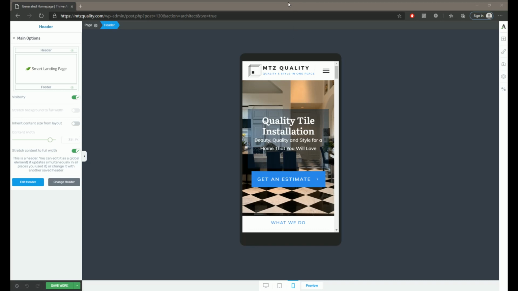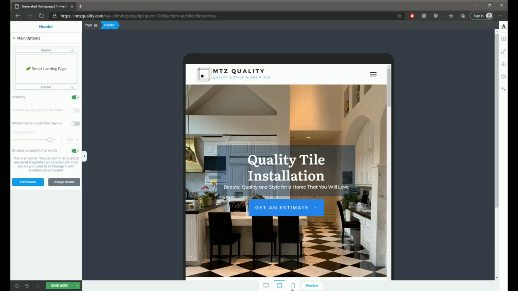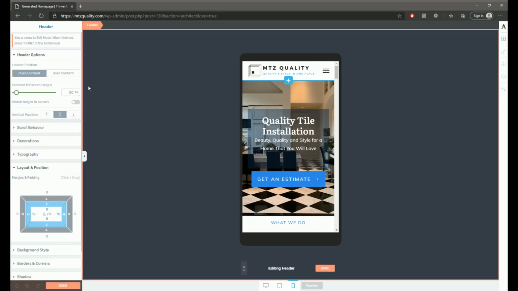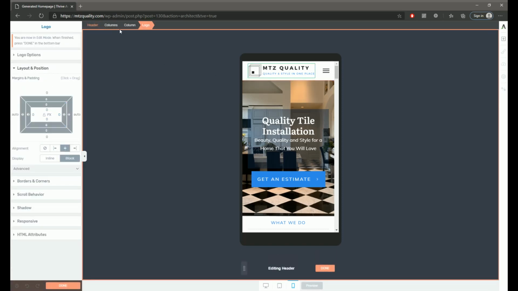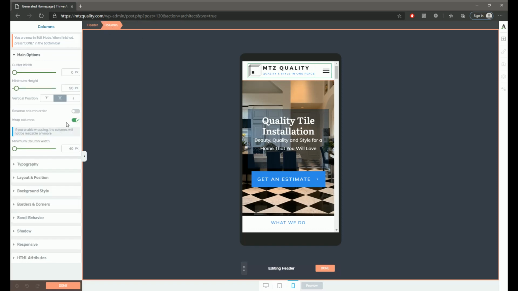Hello there. So I was able to have a look at your concern and I was able to solve it. I did it by fixing the width of the columns inside that header. So I went to your mobile view, I went to your header, and basically I selected your columns and allowed